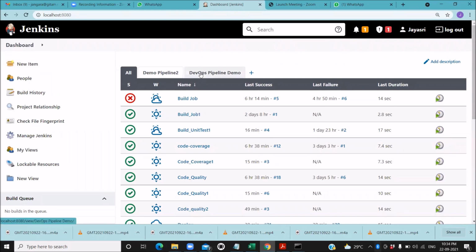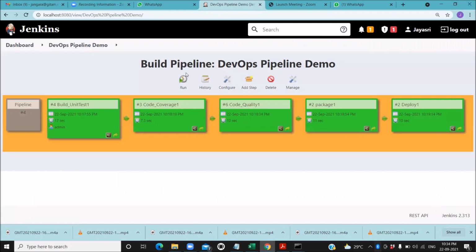Now go to DevOps pipeline demo. And if you see, all these jobs one after the other are executed and it is showing in green. Now let us try to run again.